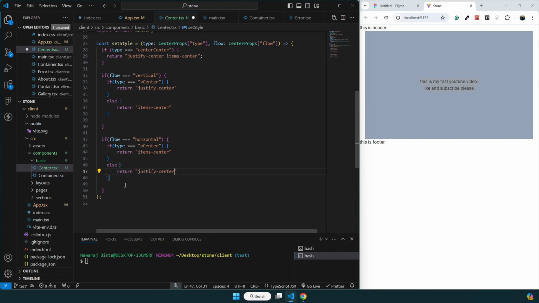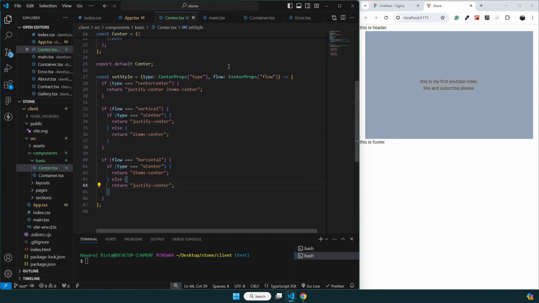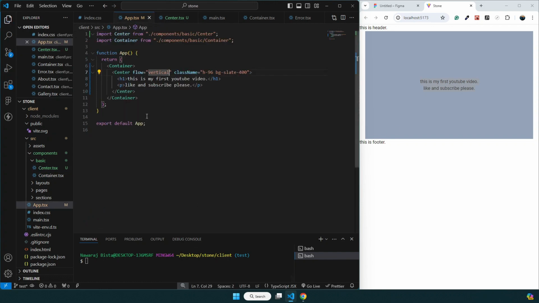You can use this in all of your projects. So that's the power of reusable components. So let's save it. Now time to check. If flow is vertical and I want to say type is vertically center, will it get it? Let's see. Yes, see, so within this component the flow is vertically flowing and vertically center, but even